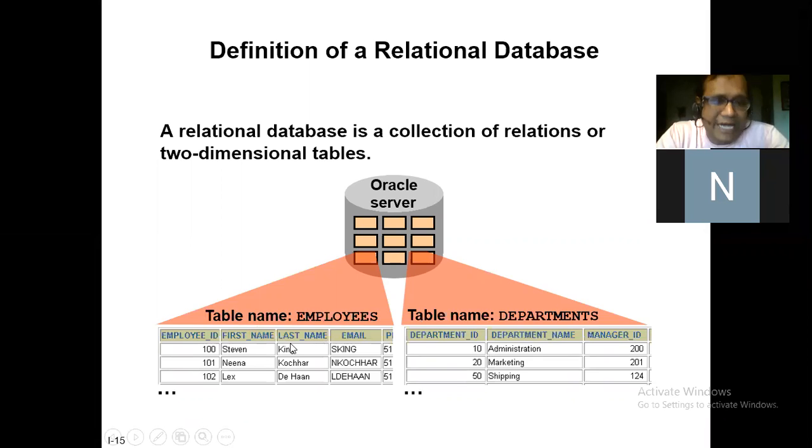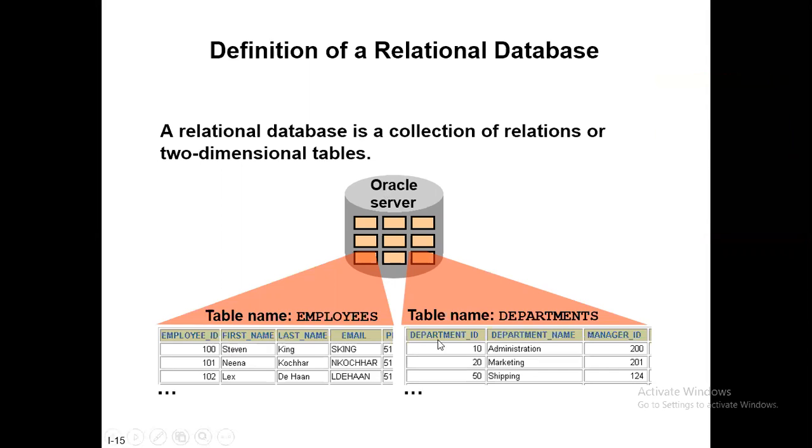Now the good thing about a database is, if you look at the employee table, that has all the employee information, and there's a department table which will have all the department information. So when you want to know employees who are working in department marketing or who are working in administration department, you don't need to have the department name repeated in the employees table. What you could do is you could just store this department ID, as it is called, in this employees table. So in one column, you're storing your entire department information.